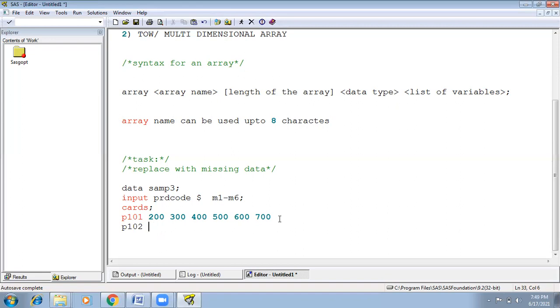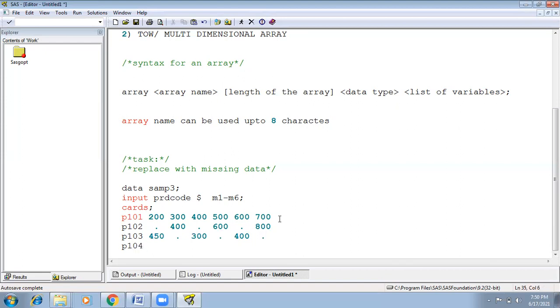P102 dot 400 dot 600 dot 3. P103 450 dot 300 dot 400 dot.